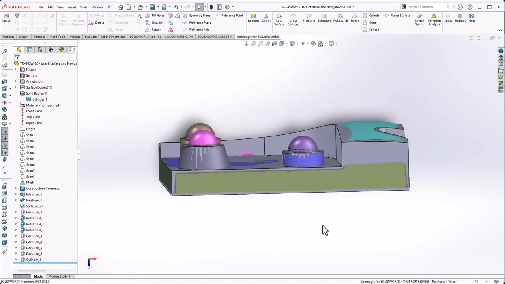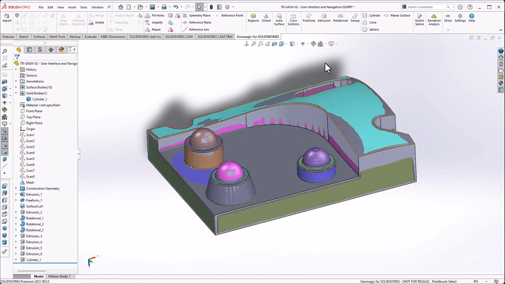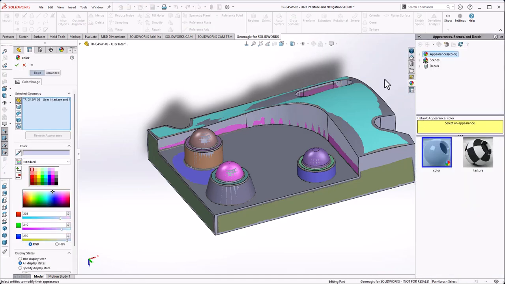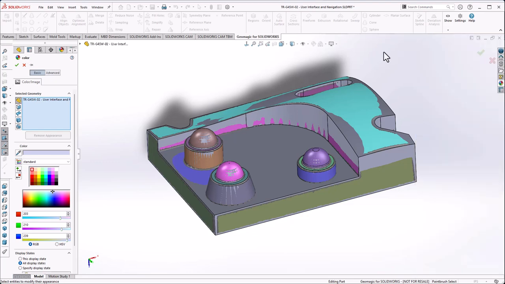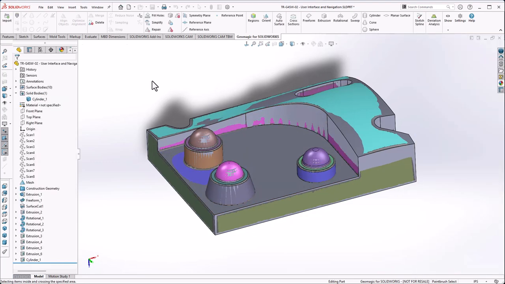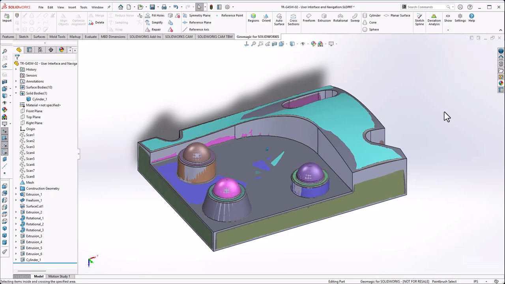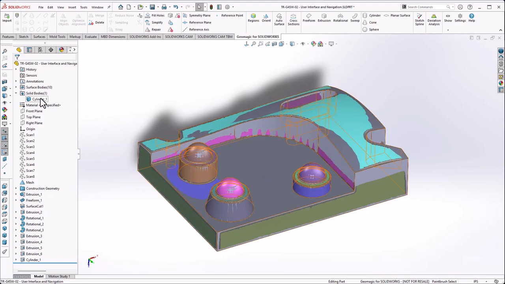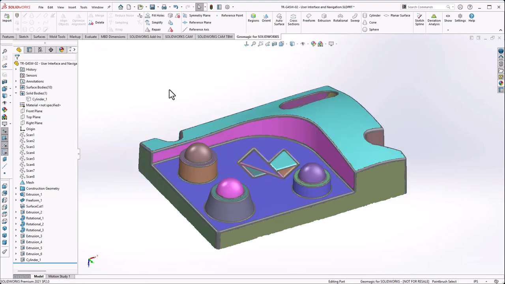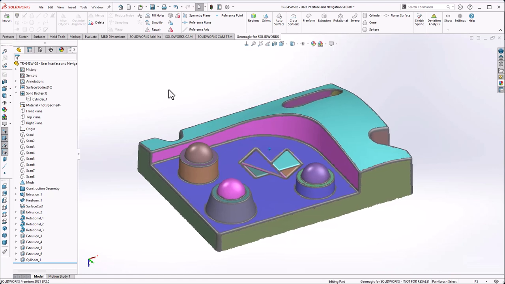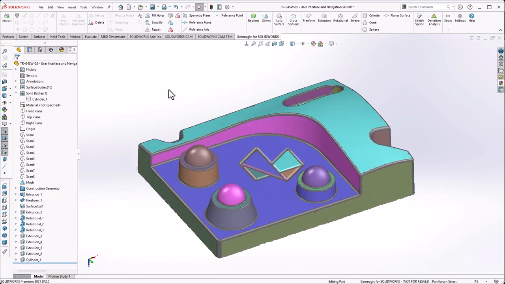The appearance of the CAD model can be controlled with the scene and appearance buttons the same way that you would do any other model inside of SOLIDWORKS. We do have the option of interacting with our scan data in slightly different ways than the CAD model. All of those tools are controlled with the show option here on the Geomagic for SOLIDWORKS ribbon. But since I have the CAD and the scan data overlaid, what I'd like to do is hide my CAD model the same way that you're typically used to doing it inside of SOLIDWORKS. I can right click the folder in my history tree here and use the hide icon